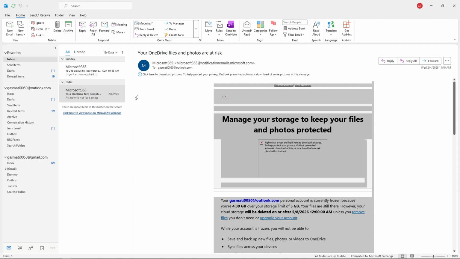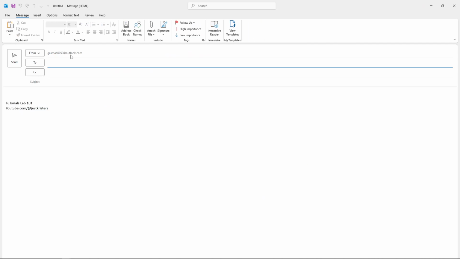Once your email has been loaded, to embed an image in Outlook Mail, start by accessing your email tools. Click on the New Email button located on the top left part of your screen. This will open up a fresh composition window where you can start crafting your message and preparing to insert your